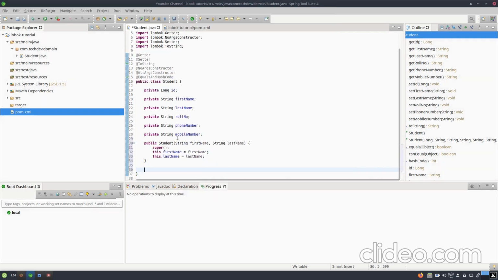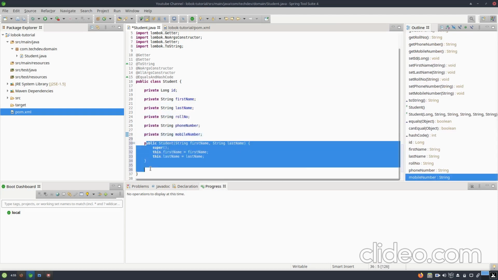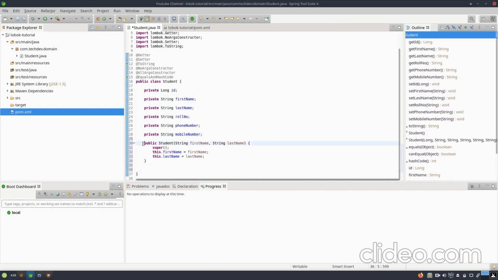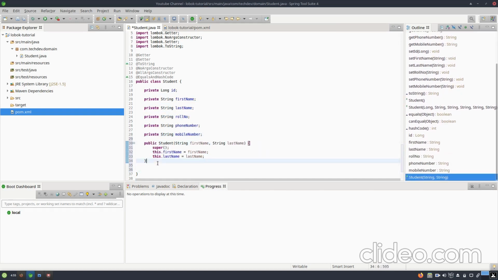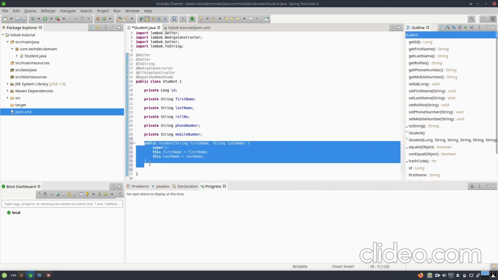So if you want to construct a student object with only the optional, or only the required fields, then you need to create a constructor like this, a parameterized constructor with only those parameters for which you need to create an object.